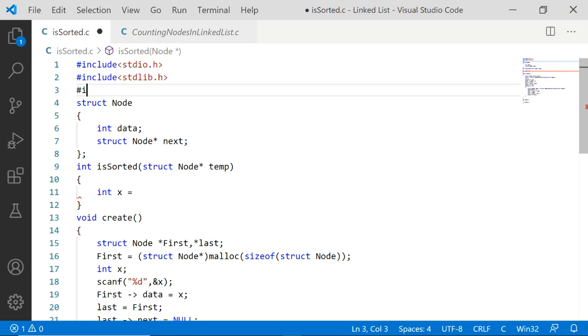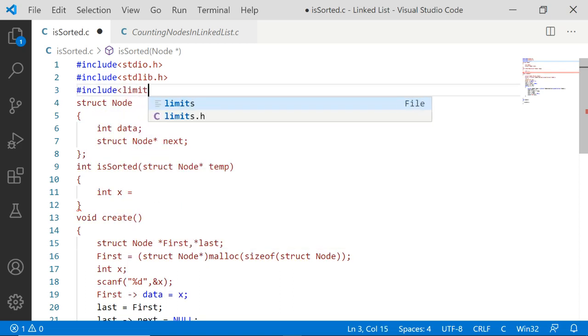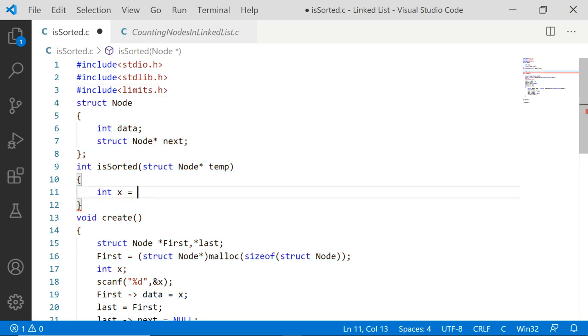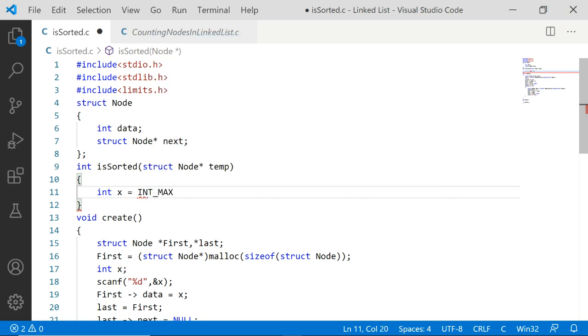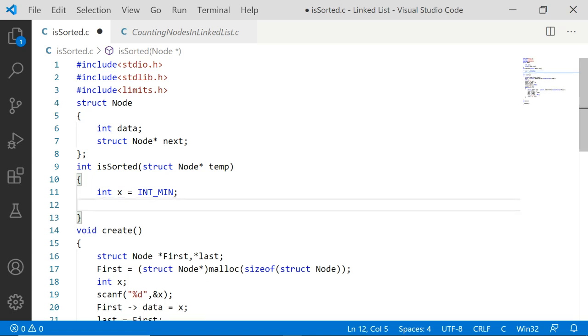To get the minimum integer value, we have a header file called limits.h, where we have variables called INT_MAX and also INT_MIN. So INT_MIN holds the minimum integer value, and that minimum integer value we are assigning to x.